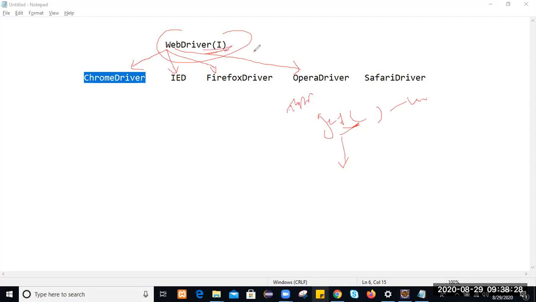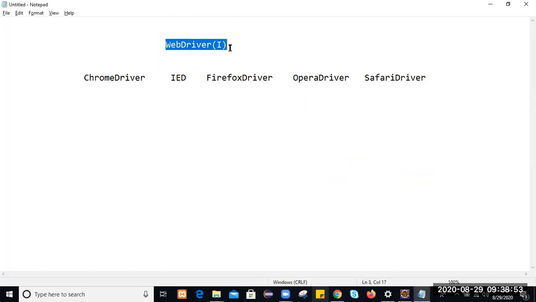When you implement any interface, you have to provide implementation with logic for its abstract methods. Similarly, Selenium WebDriver defines multiple incomplete methods.